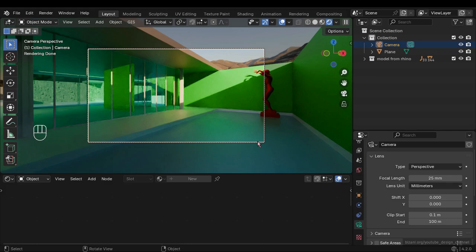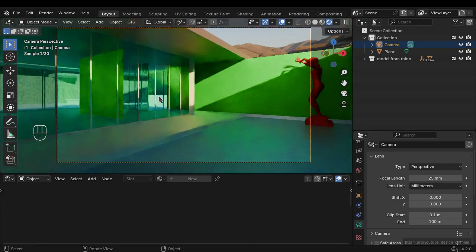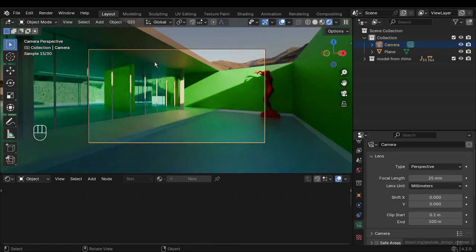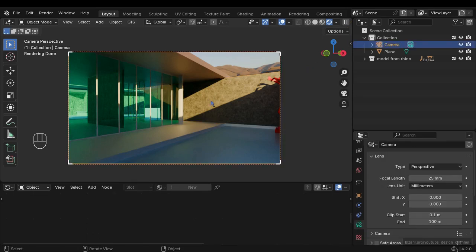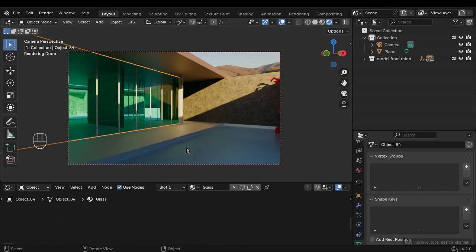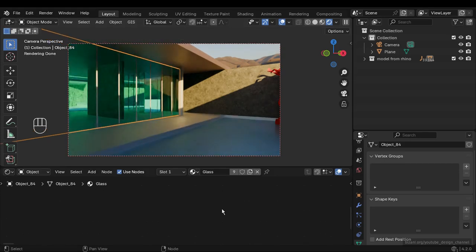Now we have a wider camera. I zoom in, and to focus the render only on the camera area, I'll do Control B and I'll select this. To disable, yeah. Now, when we click on the glass, go to the shader editor, tilde key, frame all,